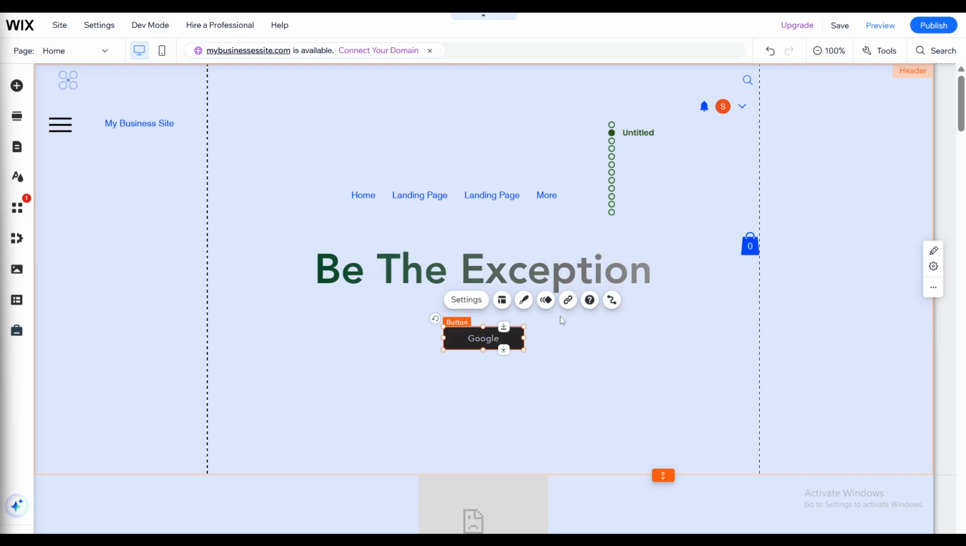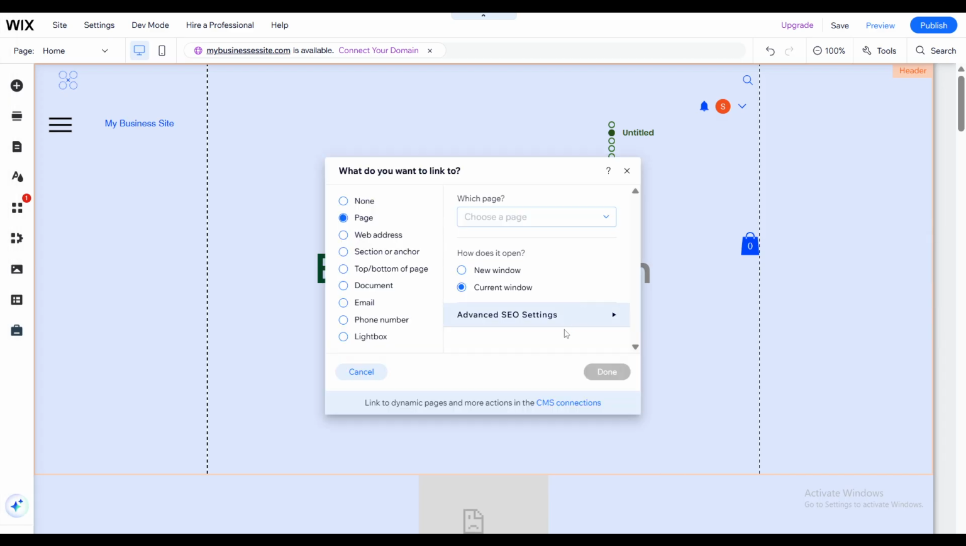It might seem a bit inconspicuous, but this is your gateway to setting up redirects, so go ahead and click on it. At this point, a menu will pop up, offering you different options for linking. What we're interested in here is the web address option. Clicking on this will allow you to input the URL you want visitors to be redirected to when they interact